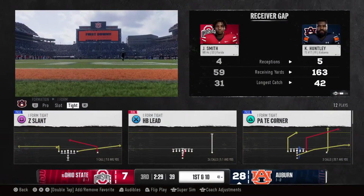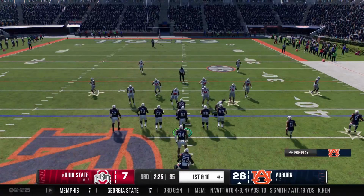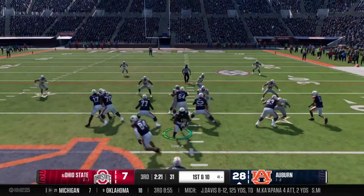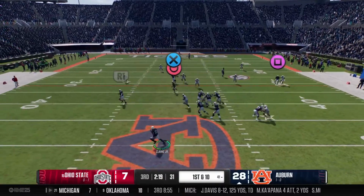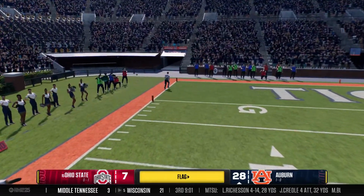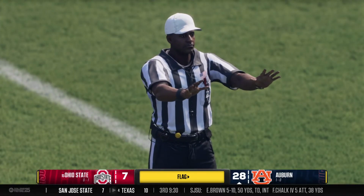Big play. Game in one single play, and you saw it right there. Too much speed on the perimeter to create that explosive play. That big play is just what they needed. Now they have it 1st and 10 just outside the 40. He turns it loose to the left. And a penalty flag comes in as that one falls incomplete, but this is going to be a positive play